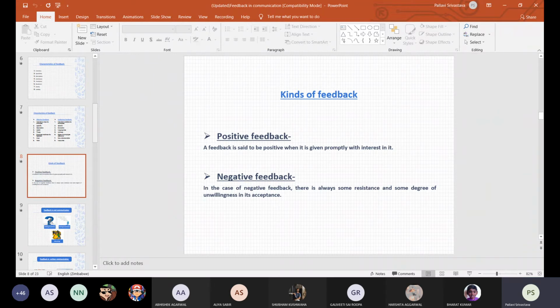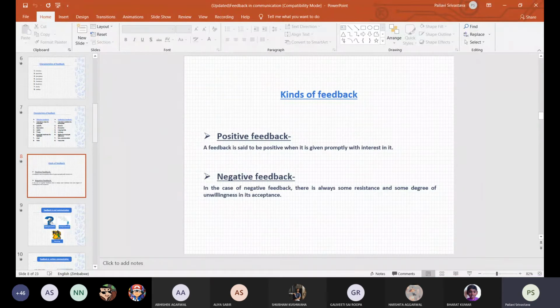And the employee is ready to take this, because from his point of view, this is something positive, they have done something good and they are being appreciated for that. So it obviously becomes positive feedback. And here, people are always ready to take this kind of feedback. If I keep appreciating you, if I keep praising you, why will you face any problem? Okay, so that will be called positive feedback.